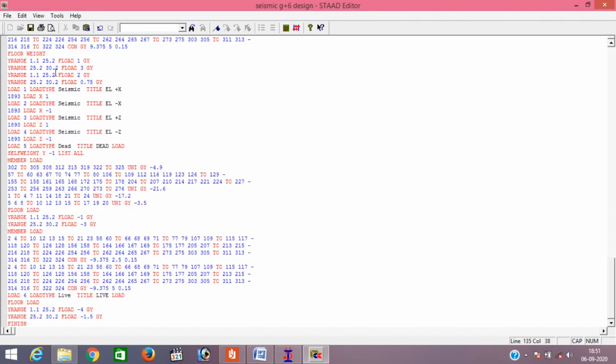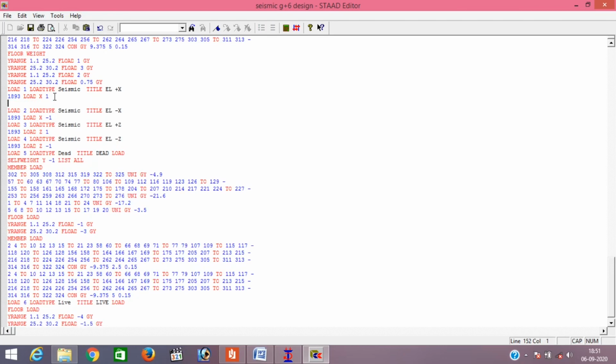Then we want all our seismic load in X, minus X, Z and minus Z, it gives the values. So we just write here perform analysis, print load data.